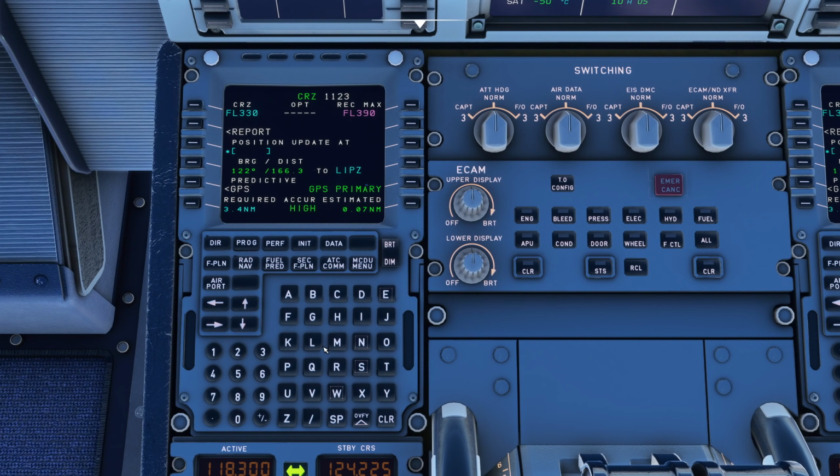It does get even better. I can type in Lima, India, Papa, Zulu, and then we're going to land on runway 04 right. So if you type in the runway you're landing on, there we go, it will count you down exactly to the threshold of that runway, which is even more precise. The magic of doing that is that now we get a bearing to the threshold, but also an exact distance. So if the DME isn't working, we have this option to help keep our situational awareness high on final approach. So I can look down here and I can tell that I'm 6 miles from the runway, even if the